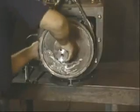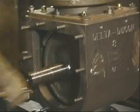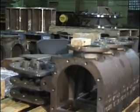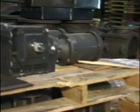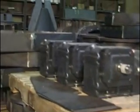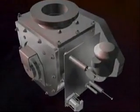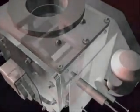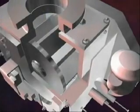Over time, as wear continues, the inlet wear shoe and rotor can be replaced using common tools in place into the existing housing. Maintenance costs are reduced by replacing only worn parts rather than the entire unit. Yet another built-in value of our Permaflow Extreme Feeder is the closed-end rotor. This design effectively confines abrasive materials within a rotor, inhibiting wear on the housing and end covers, and most importantly,